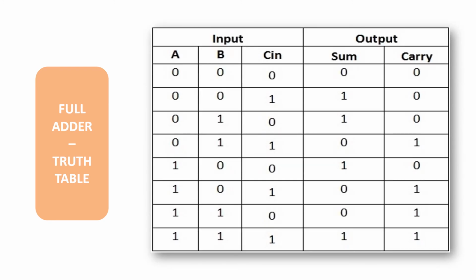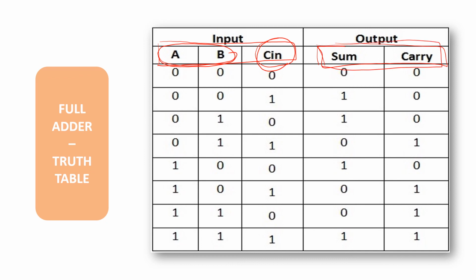Okay, so now we'll see the truth table for full adder. In full adder, how many inputs do we have? Total 3 inputs and total 2 outputs, right? Normally we say A and B are my major inputs, and C in. What is C in? C in is nothing but the carry generated during the last operation, which I consider as an input for the current operation. And in output I'll always get the sum and the carry.